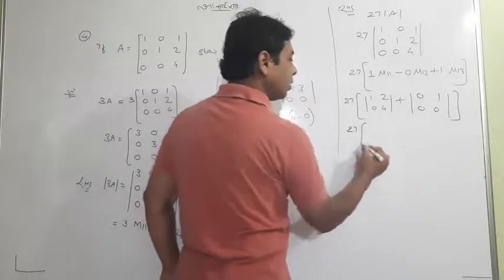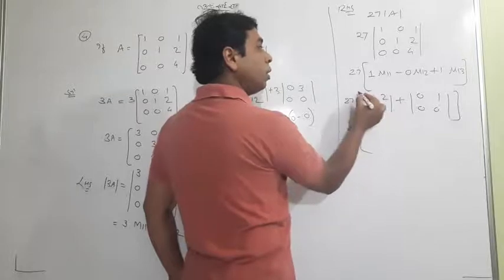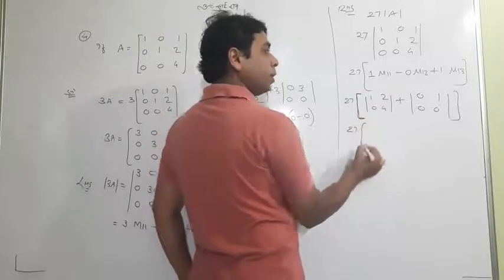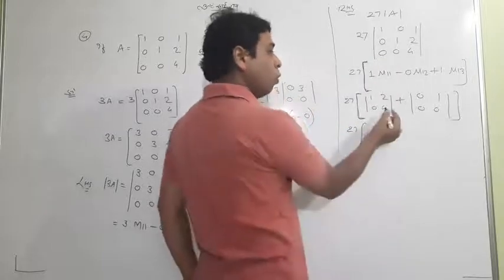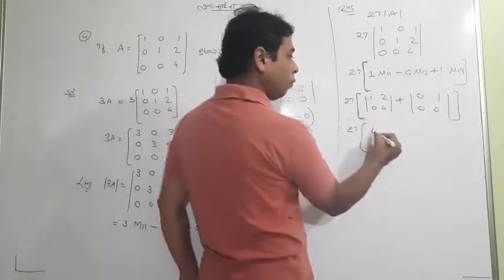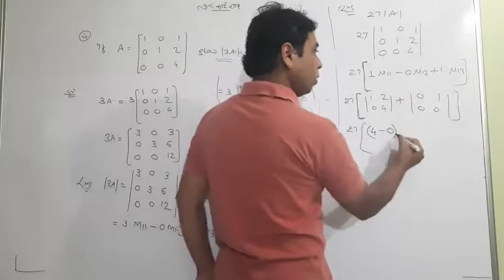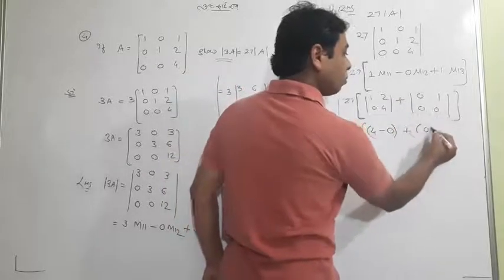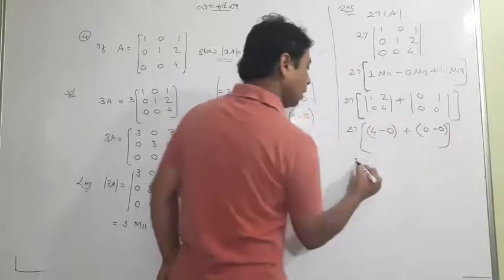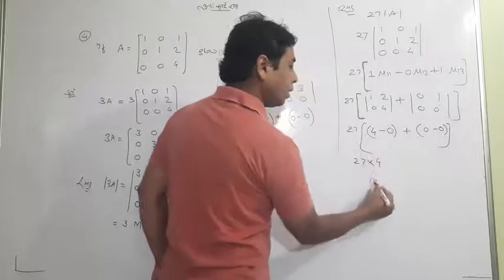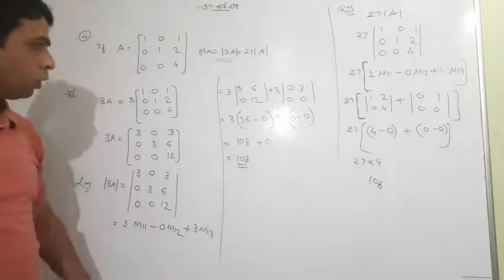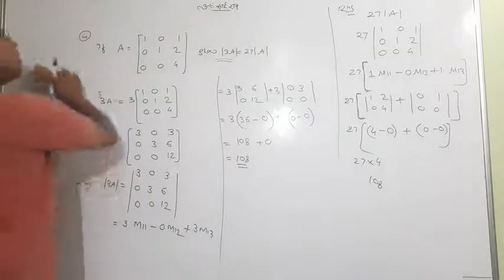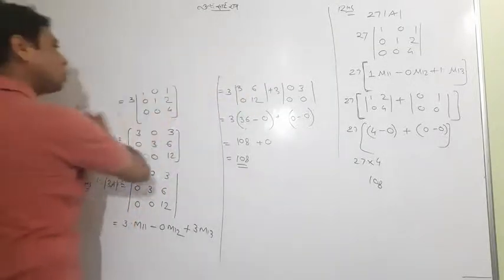So the answer is, this is what sign? Bracket. This is not a matrix. It is a bracket. Okay, open it all the way. 4 ones are 4, 0, and here it is 0 and 0. Ultimately, there is only 4 and the answer is 108. So both values are the same. This is the answer. So it is very easy. One can easily do it all. So students, this is the end of the question.